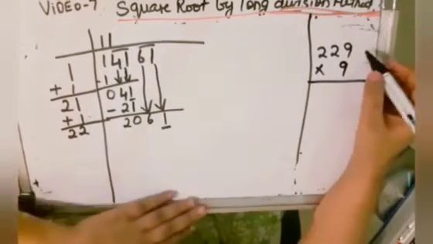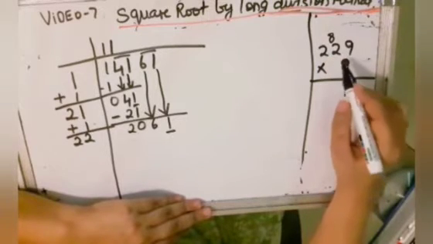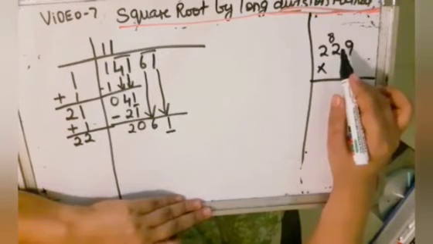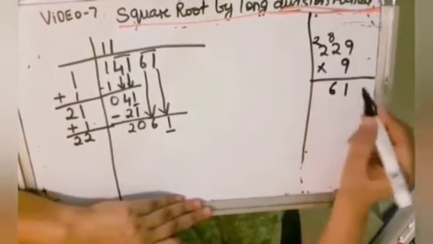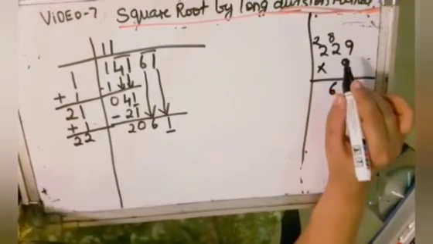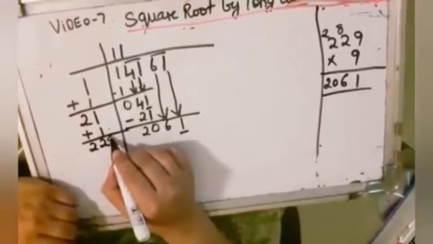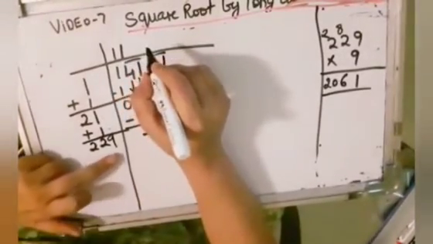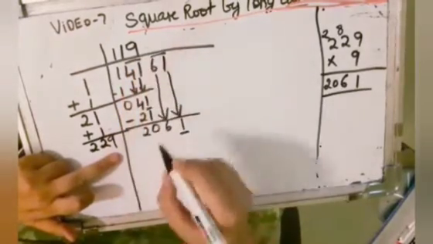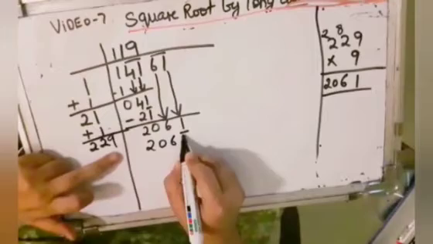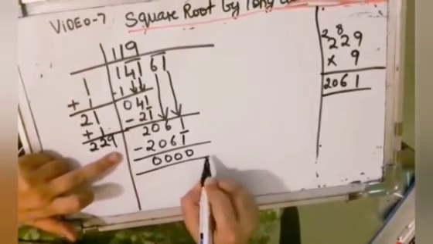It's a square, therefore you have to multiply 9 into 9. So 9 into 9 gives you 81. 9 2s is 18 and 8 is 26, and 9 2s are 18 and 2 is 20. So you got the number. So now 229, and here because you have written 9, therefore here also you will write 9. So 229 into 9 is giving you 2061, and your entire number is divisible by 119.